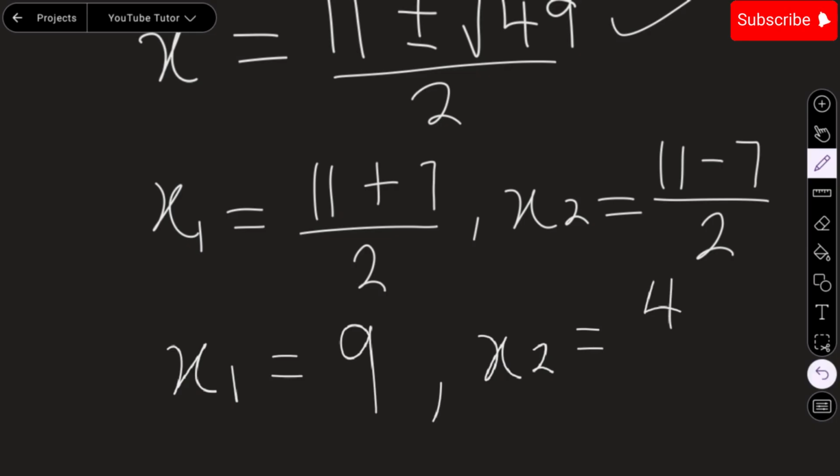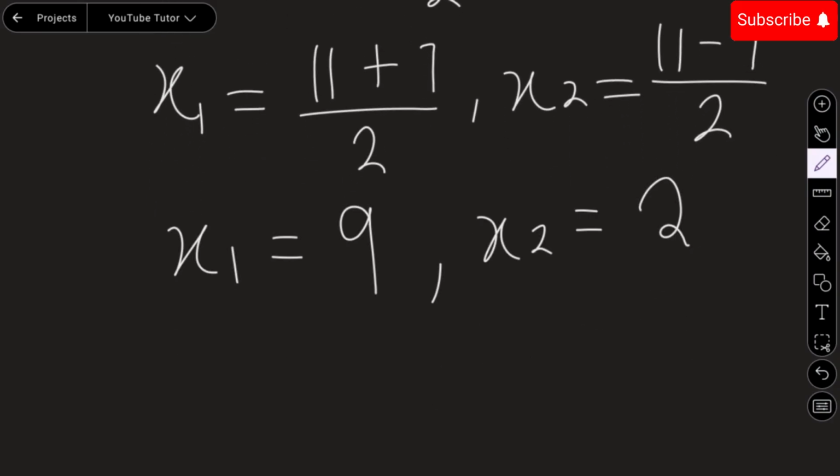So 4 over 2 gives us 2. So we can clearly see that the values 9 and 2 are what we got for the roots of the quadratic equation. Now, we can confirm to know if 2 or 9 or both of them